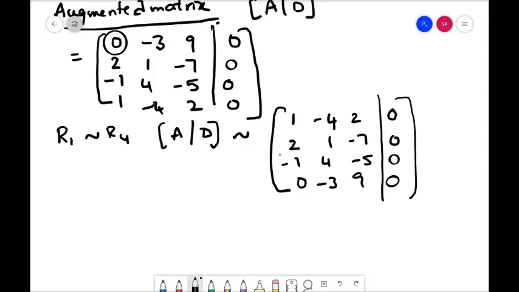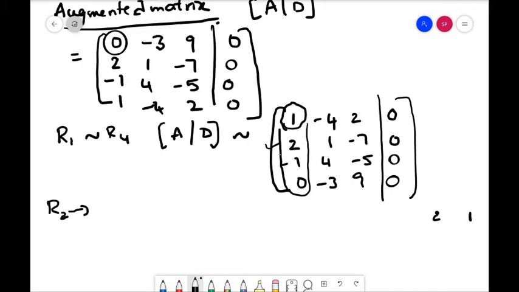Now this is the first row, first column element. This is the pivot, and then we have to do the transformation for this column. For that, this is 2, and I have to make it 0. So what do I do for R2? I have here 2, and then I have here 1.